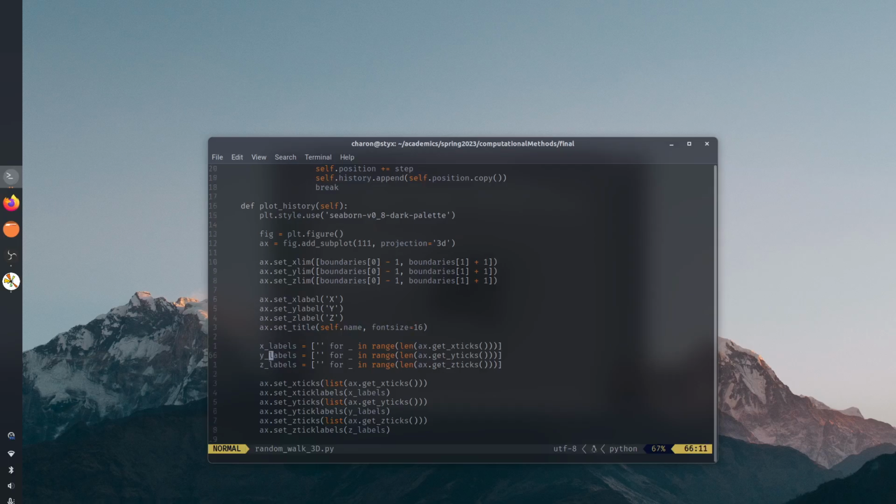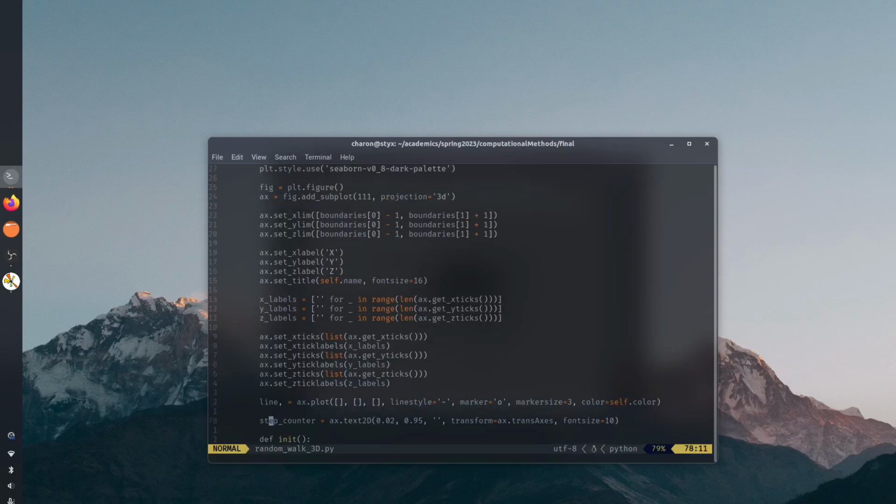And then we have labels. So the labels for the random walker are actually not set. You can see that they're not there. Just as a visual choice, x labels is a new variable. This isn't something that matplotlib is looking for. This is a new list that we're creating, and it's going to be a list of empty strings, for this dummy variable underscore in the length